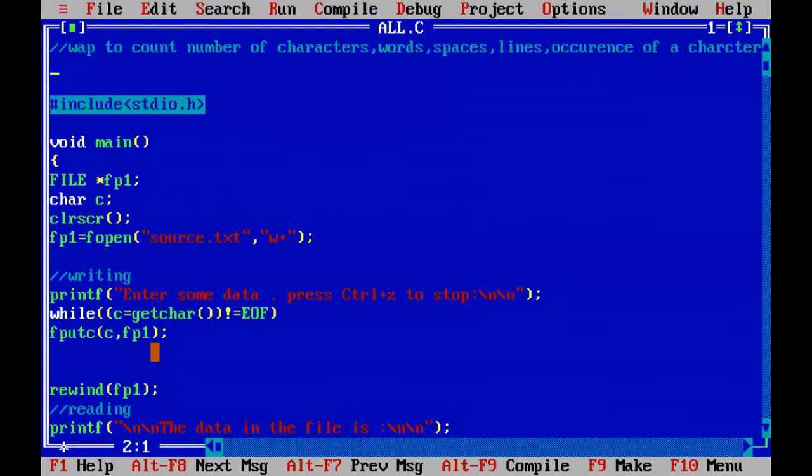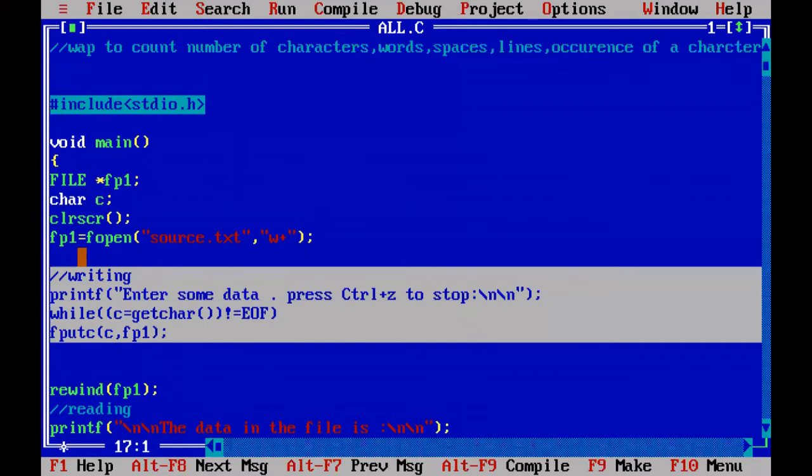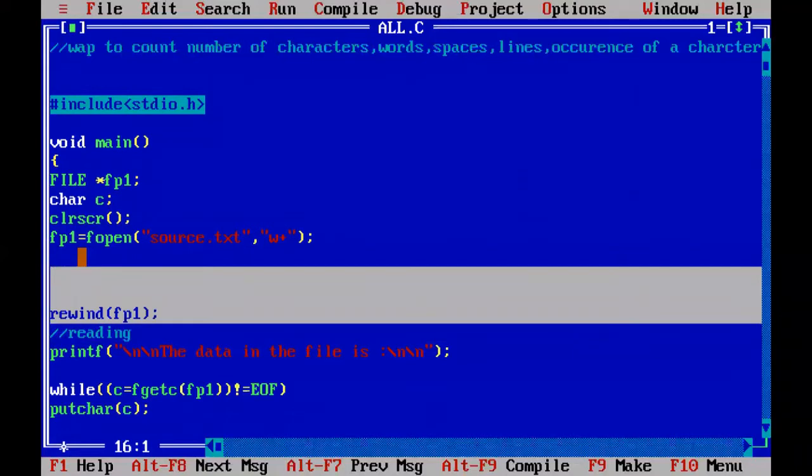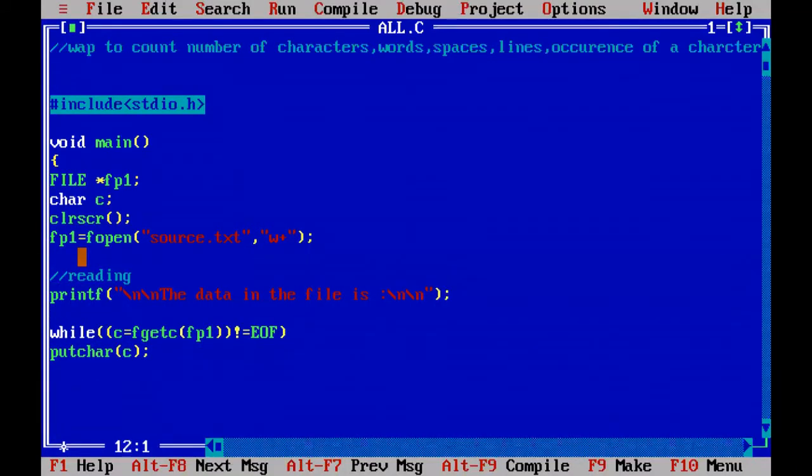So these many things we have to do. For this, you don't have to do write operations. We already created source.txt and it is opened for W purpose, and the data is already written, so there is no need to write data again. So I am deleting this code, and there is no need to rewind or anything. Just close these statements also. Just open the file for reading purpose. Open the source.txt. Earlier we wrote some data, first line, second line, and third line. That data is already present in the source.txt.